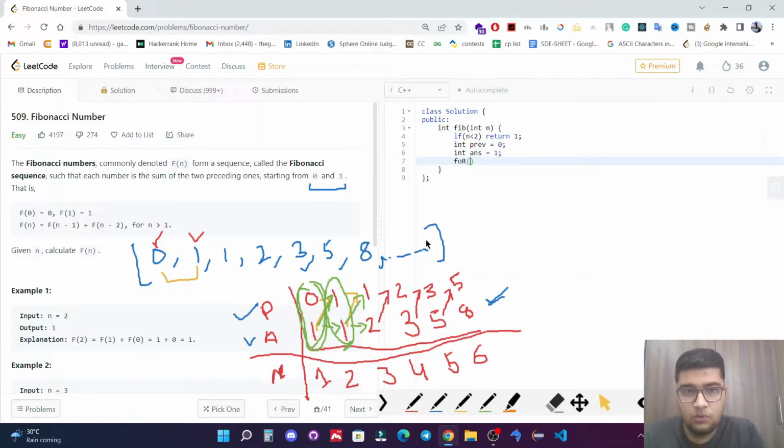Now let's run a for loop. For int i is equal to 2, we are starting from 2, and i should be less than or equal to n, and i plus plus. Right, now let's